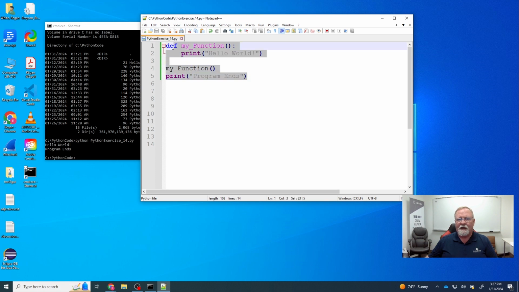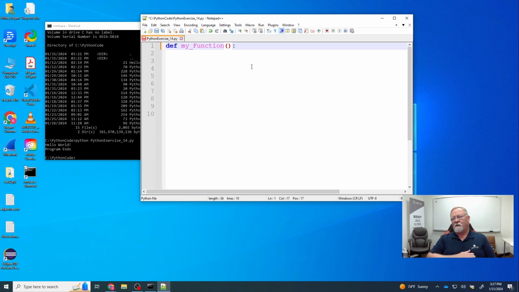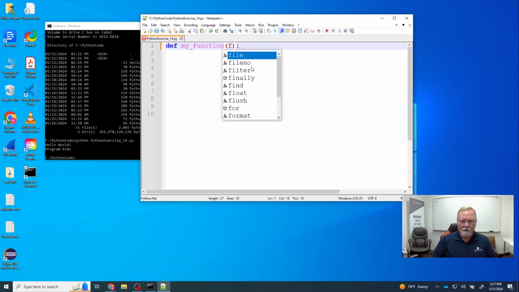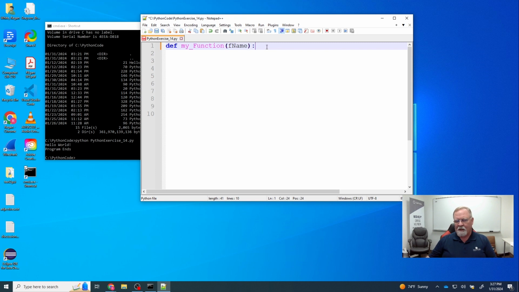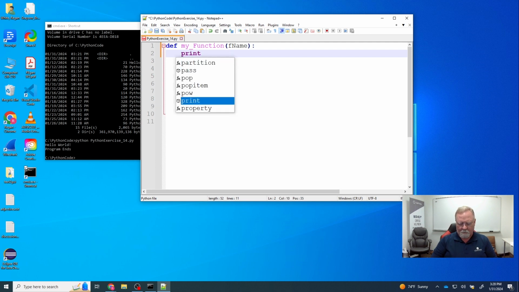So let's go ahead and define a new function, and we're going to still call it my function, but we are going to add a parameter. And basically, in this case, we're going to add a variable. You can add lists, you can add collections, you can add tuples, you can add objects. In this case, we're going to add a variable, and we're going to call it fname for first name. Once again, drop down a line, indent, and we're going to print